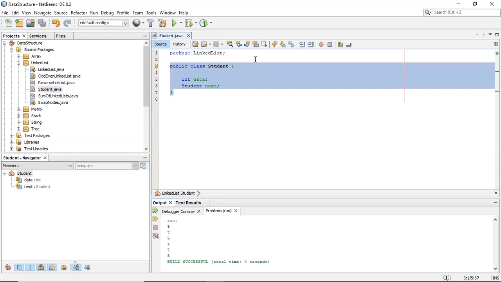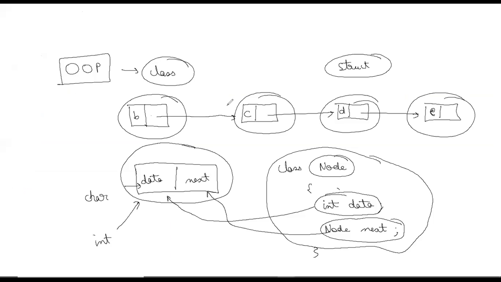In the next videos, friends, we are going to talk further about the linked list, and we will look into other concepts. If there is any concept that you want me to discuss, please mention it in the comment section. We will discuss that.